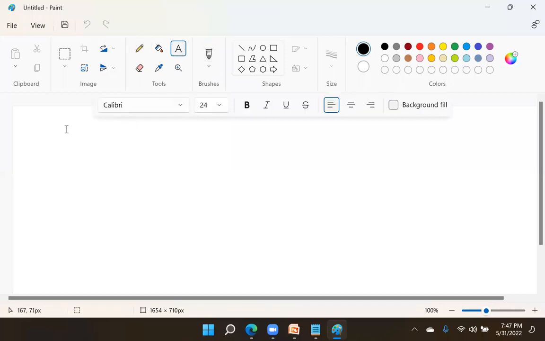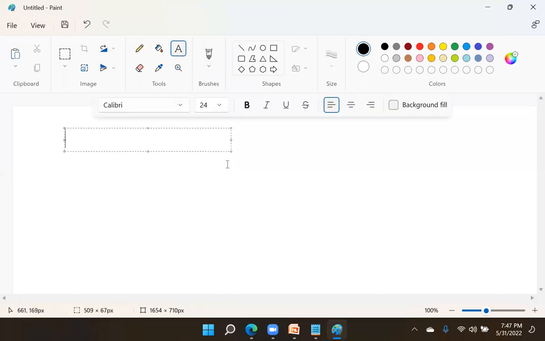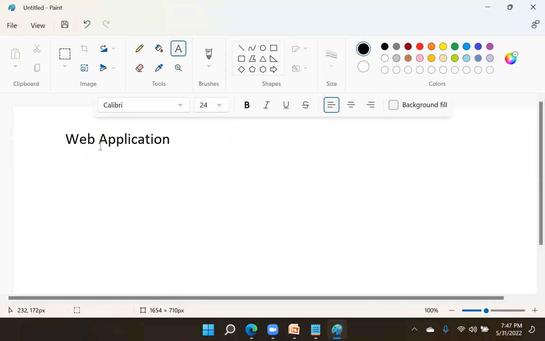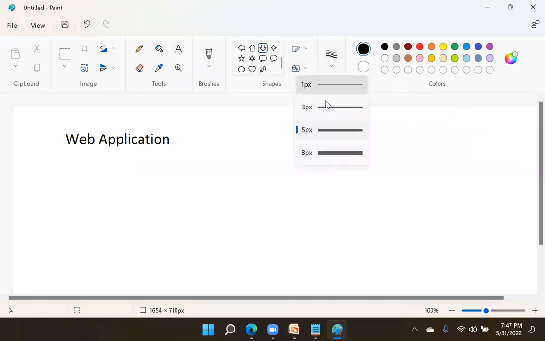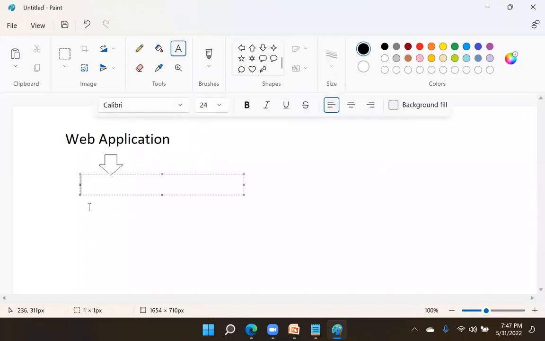Here we are developing a simple web application. In this web application, suppose we are using a library to build the application.